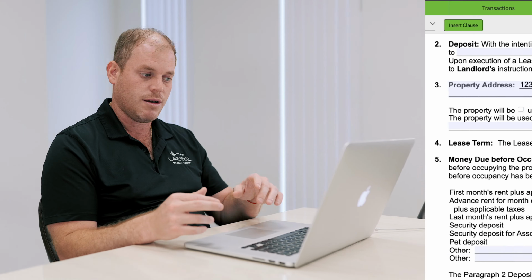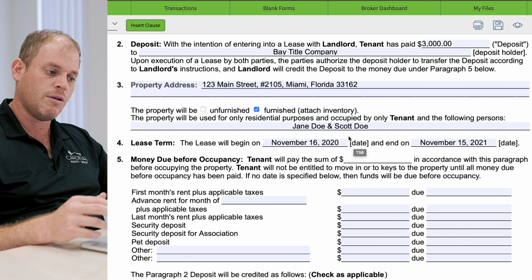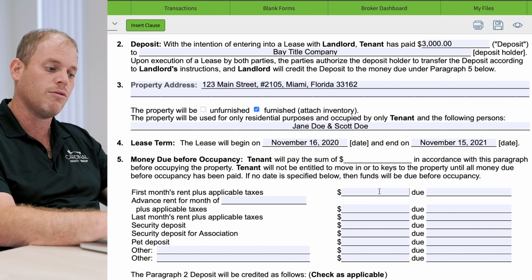Guys, this is just typically speaking. I'm not saying this is always. By no means is this going to be for everybody's transaction. This is very, very situational. However, a lot of the times in my experience, I have seen first, last, and security be a requirement for move-in money. Okay? So, first month's rent, we said this is going to be a $3,000 a month rental.